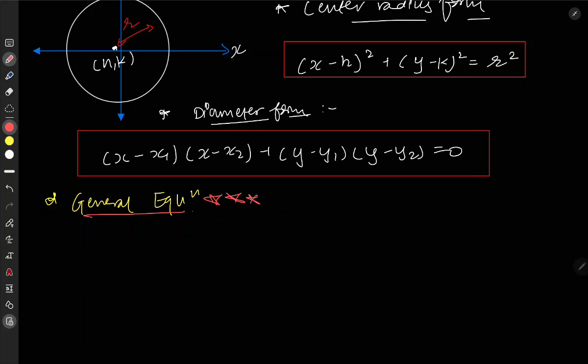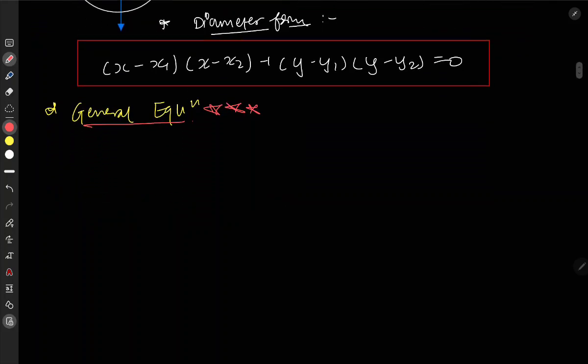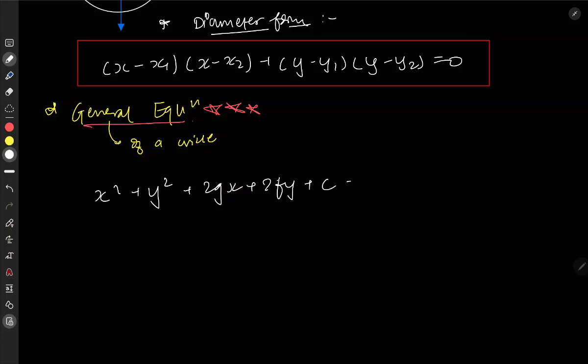Mostly the circles or any geometrical equation would be mentioned in this form, so it is quite important to know this form very well. So the general equation of a circle in its general form is x square plus y square plus 2gx plus 2fy plus c